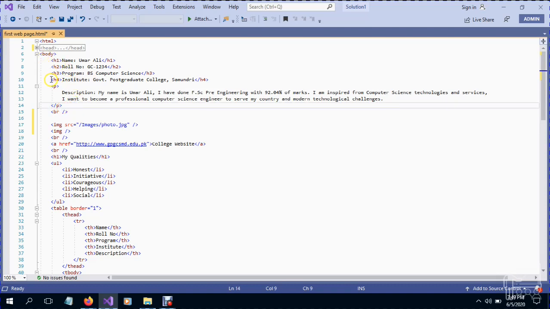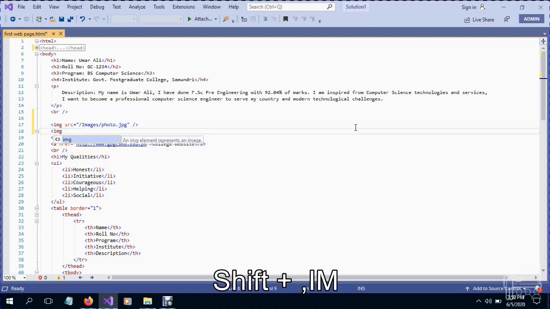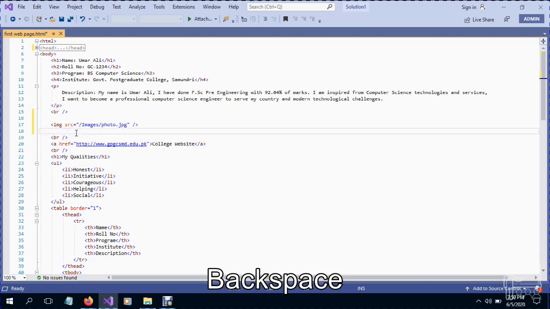Same as if you are using a heading 4 tag, and if you want to close it you have to use this one. This is a closing tag. But normally all those HTML elements that don't have content between closing and starting tags can close directly in this way. You just open the tag and press / and then close the angle bracket, then it will be a complete HTML element or HTML tag.